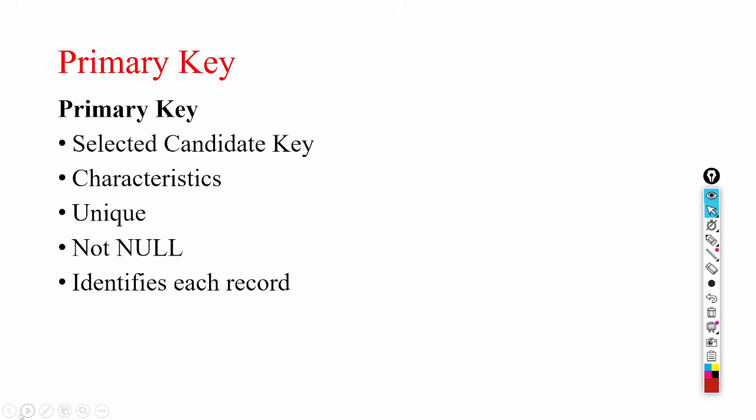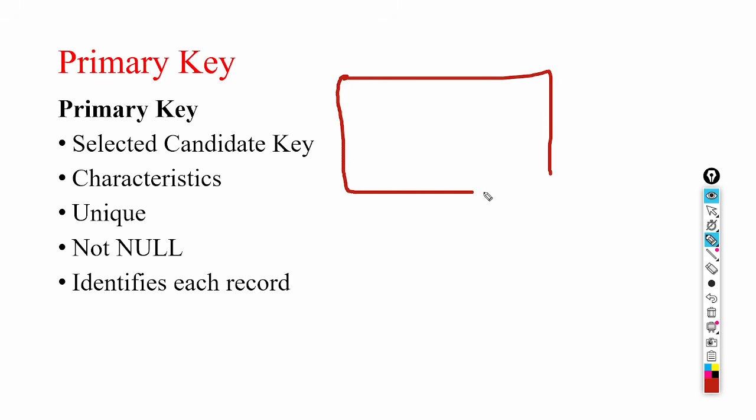Now, the next one is the primary key. This is very, very important. Now let us discuss the most important key in DBMS, that is the primary key. When multiple candidate keys are available in one table,